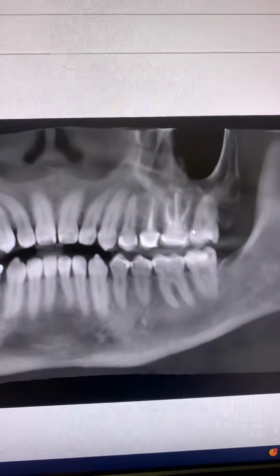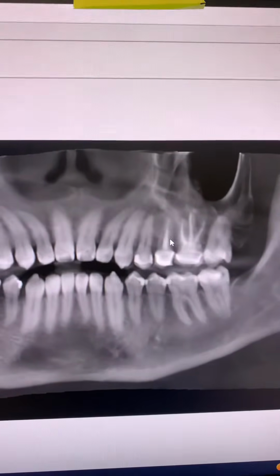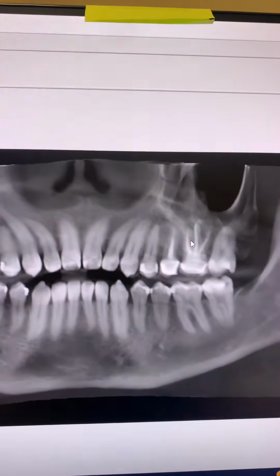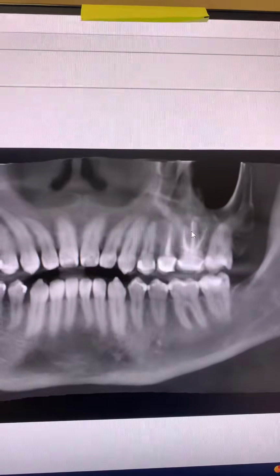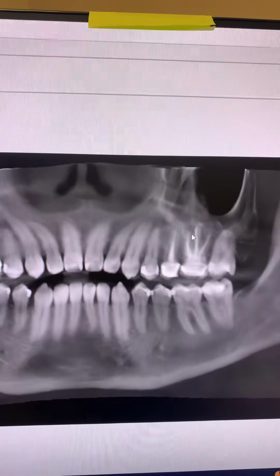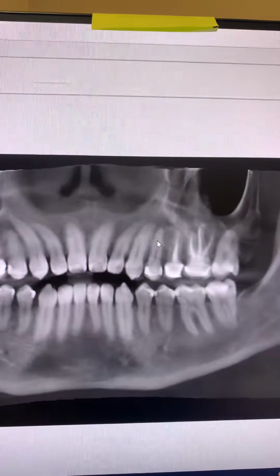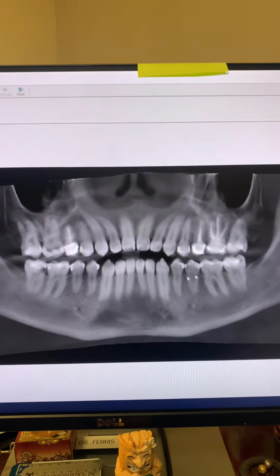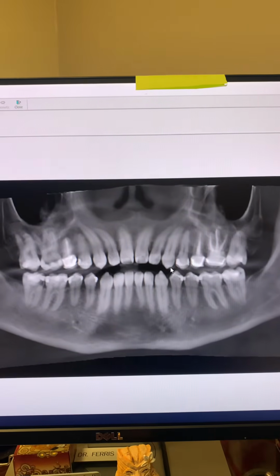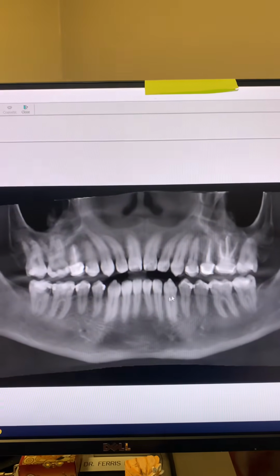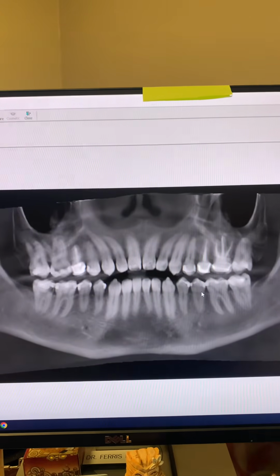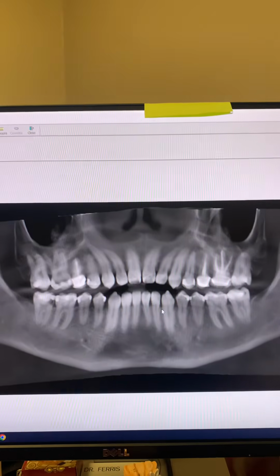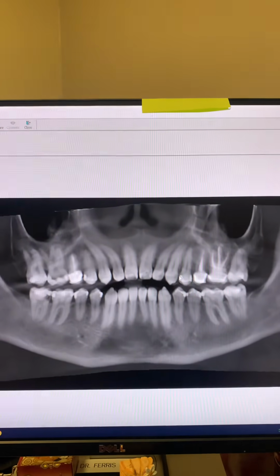Look at tooth number 13. Again, based on the panel, there may or may not be something going on. I don't know. Previous root canal. Look at tooth number 14. Previous root canal again. Is there something going on here? Look at tooth number 12. Is there something going on with tooth number 12? That's why, again, you cannot rely on a panoramic radiograph for endodontic purposes. You need to take periapical radiographs. Don't use panoramic radiographs for endodontic purposes.